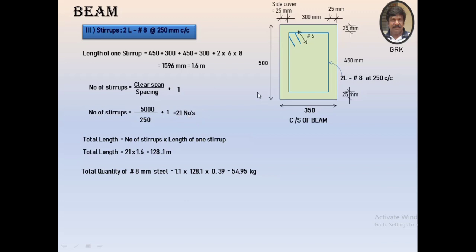So what is the total length of the stirrups? Total length of the stirrups will be equal to number of stirrups into length of one stirrup. It's 21 into 1.6, we're going to get 33.6 meters. And the quantity of steel is estimated with the usual formula, 1.1 times the total length into weight per meter run. For 8 mm diameter, it is equal to 390 grams, that is 0.39 kg per meter. So we get the quantity of 54.95